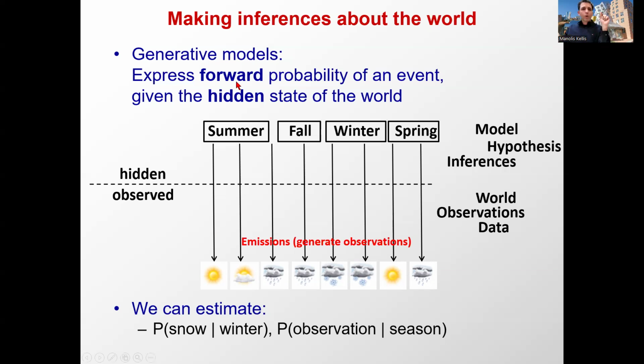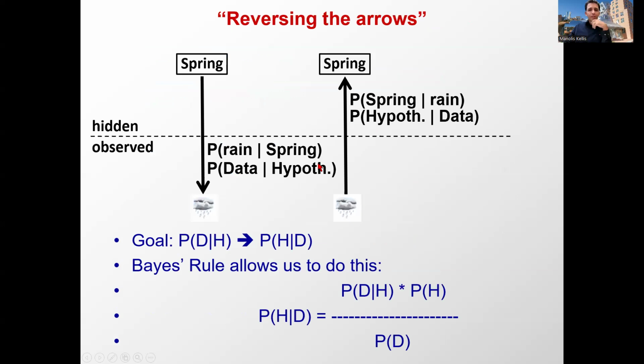Awesome. So basically, when we talk about a generative model, we're talking about the sampling probabilities from an underlying model that is able to generate observations of the world. Okay? And therefore, we have the probability of an observation given the season, or the probability of snow given winter, or in general, the probability of a measurement given a state of the world. And what we're trying to do is reverse the arrows and make an inference about the probability that the patient has Alzheimer's given a bunch of gene expression measurements.